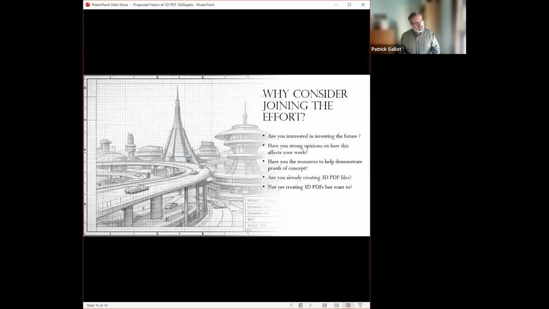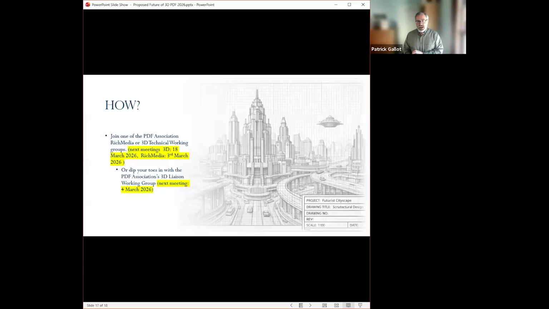So why consider joining this effort? Why consider contributing? I give out a bunch of reasons on this slide, but it's basically that you have something you want to help with in this effort to make the tools for the future. Please consider joining us. And in terms of how,